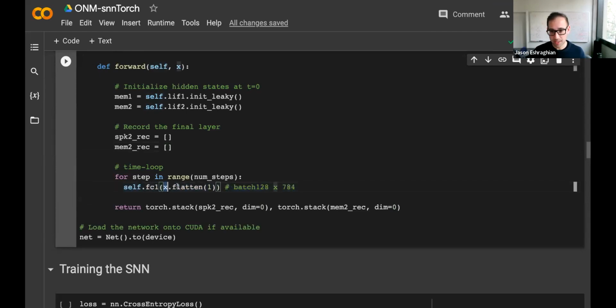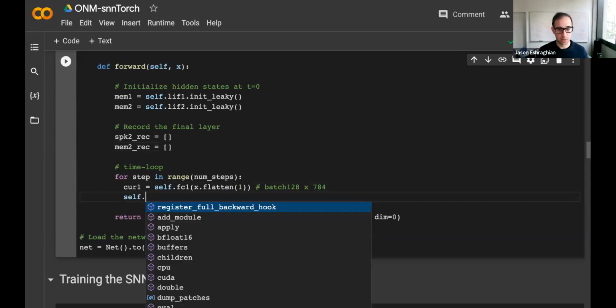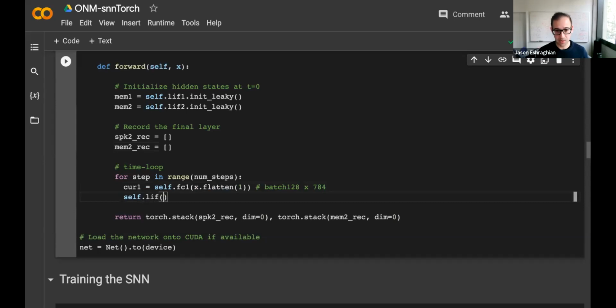We're passing our input data that's been flattened into our fully connected layer. That returns some current. I'll call that current 1. Then we're going to pass that current as the input excitation to my first leaky integrate and fire node, right? So it's kind of like we're concatenating a dense layer with a spiking unit or spiking vector of units.